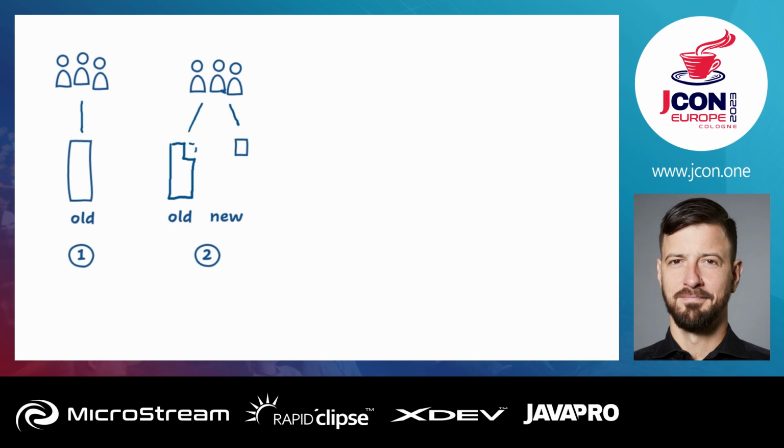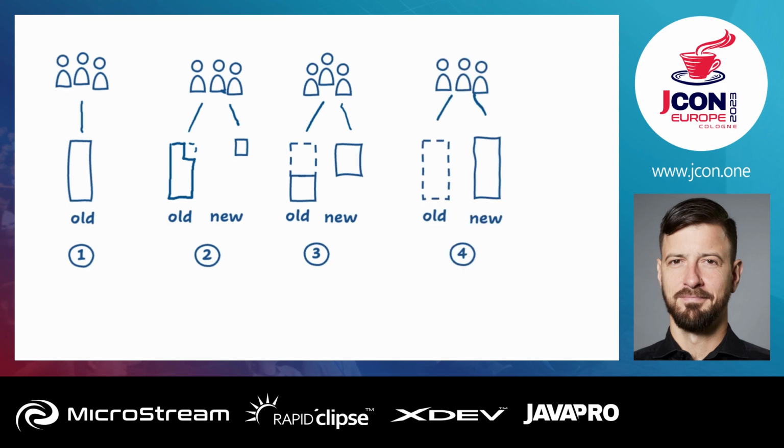So we will feel the pain much earlier. That's the sad news. But the good news is the earlier we get the pain, the earlier we can do something against it. And then we move on and grow the new system, and as quickly as possible we get things into production, into use. And maybe eventually the old system is not used anymore, and then we can just switch it off.